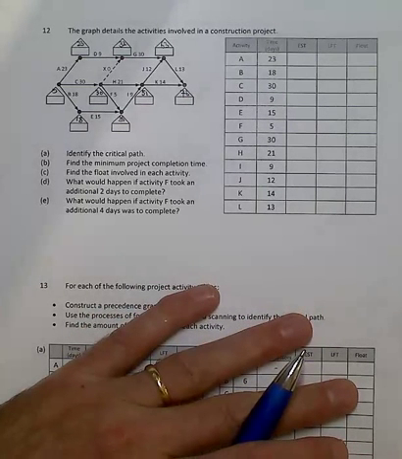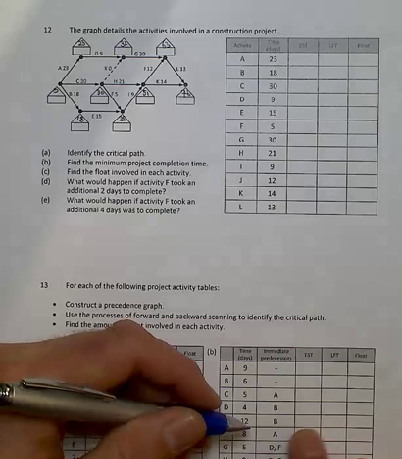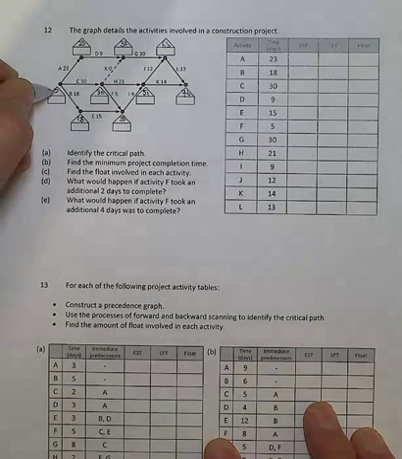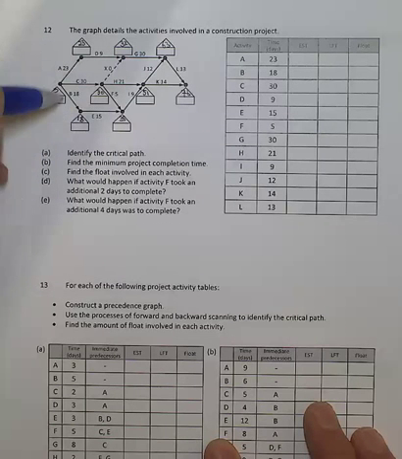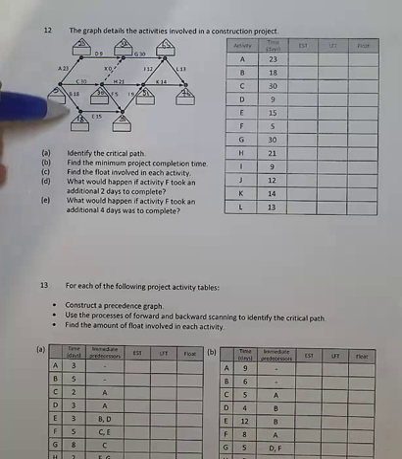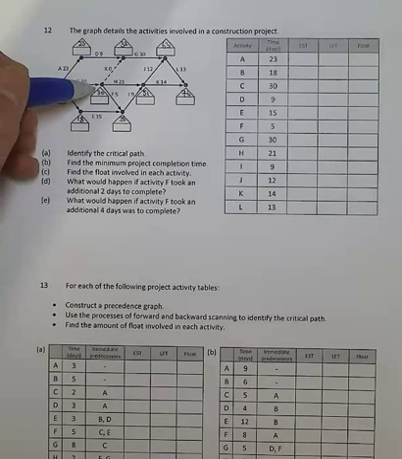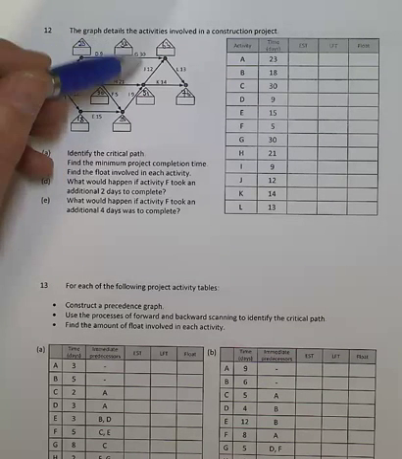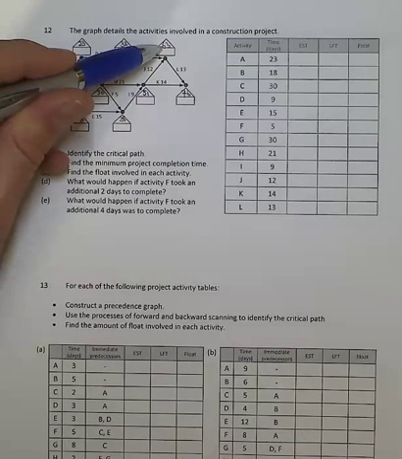In question 12, we're after the critical path of a construction project. Now, in this particular instance, you can see here, we've got a start and finish, and I've tracked the 23, the 30, the 18. That can only be 32. The lower junctions here, a choice of 35 or 33, 35 wins out. Add 21 there, 51. Top junction, choice of 63, a choice of 60, 63 wins out, of course, and then